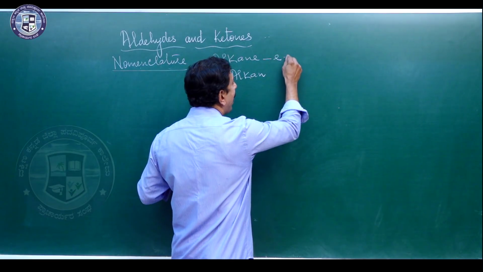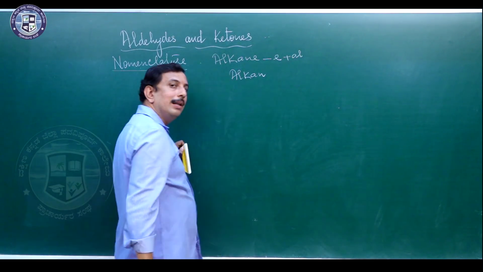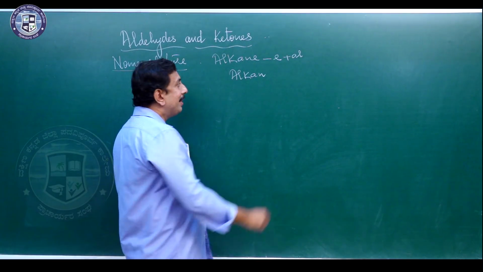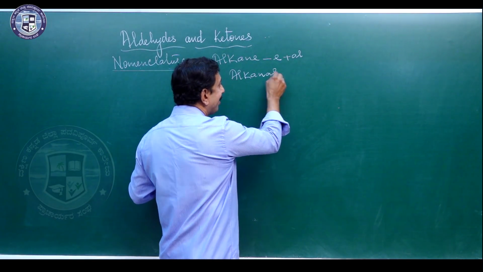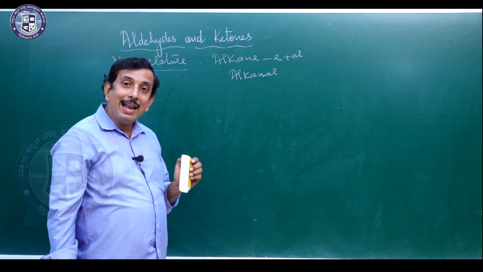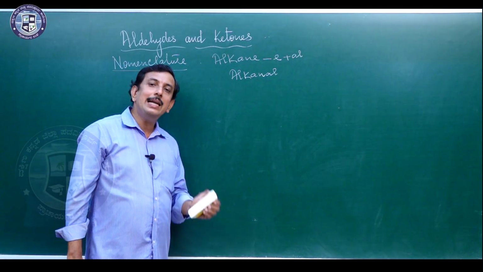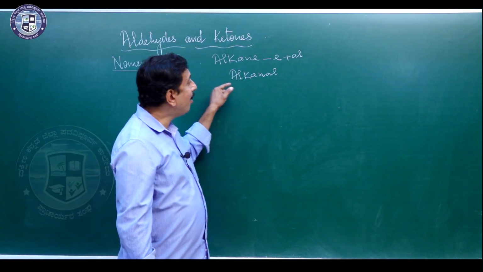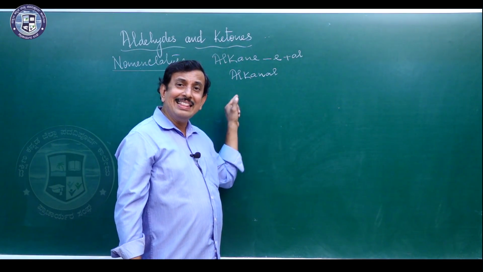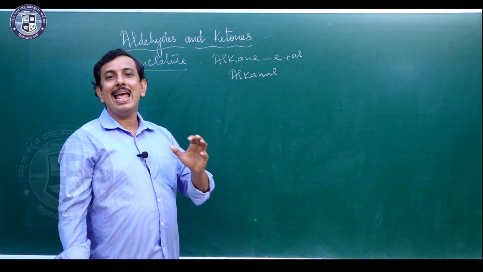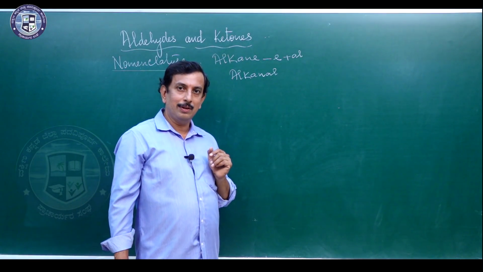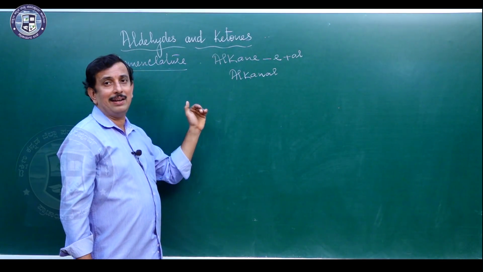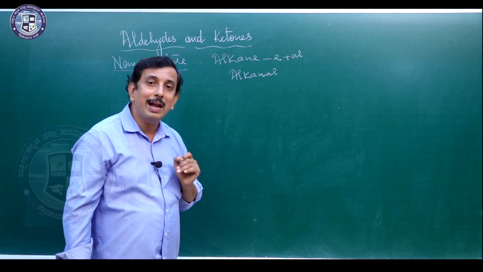To that I add the word al, which is what we call a secondary suffix, and the compound is now called alkanal. Therefore, when I want to name aliphatic saturated aldehydes in the IUPAC system, I call them alkanal. This is the general way of naming an aliphatic aldehyde. When you speak about alkanal, as I said, the alkane is derived from the number of carbon atoms.